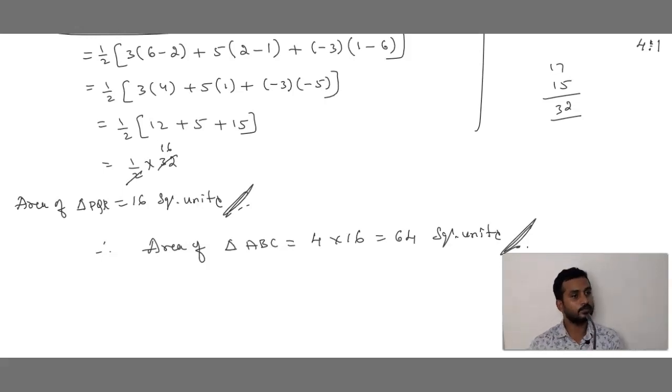Simple. This is clear? If he has given outside triangle and if he is asking inside triangle, what you should do? Divide by 4. Just you divide it by 4. If he has given outside triangle and is asking inside triangle, first you find area of outside triangle, divide by 4, you will get inside triangle. And if it is asking outside triangle, multiply by 4. Hope you can expect this type of question even in your multiple choice question, 1 mark. It's a straightforward answer. ठीक है बेटा?